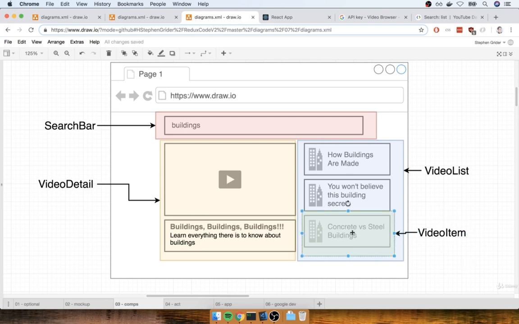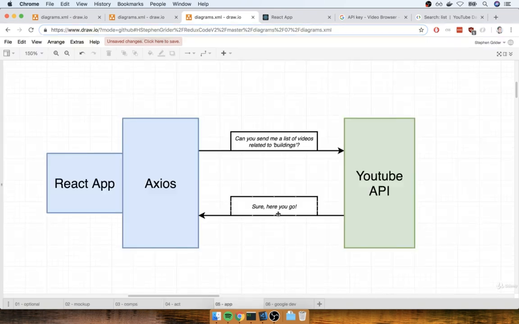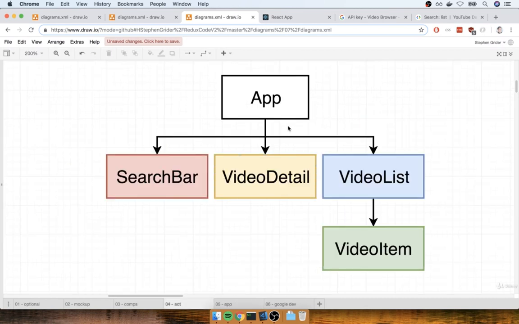So remember, not just this thing right here is going to be a video item. It's going to be that, and that one, and that one. All three are instances of the video item component. Now in this video, we're going to start to create those two components and then wire the video list up to the app component. Remember, the app component alone is going to show the video list, and then the video list in turn is going to render out all of the different video item components. All right, so let's get to it.